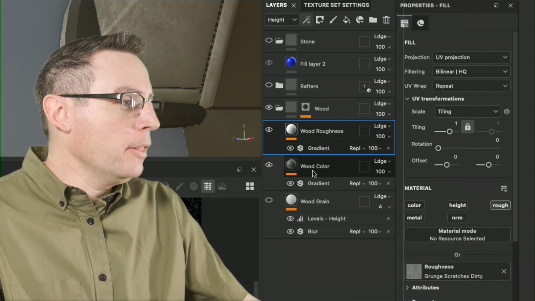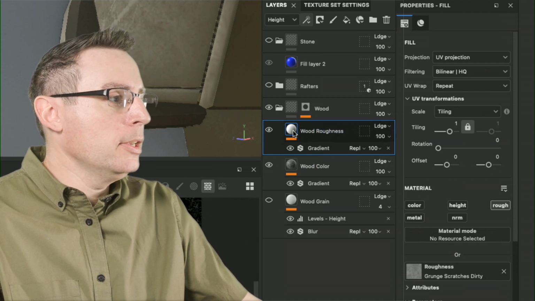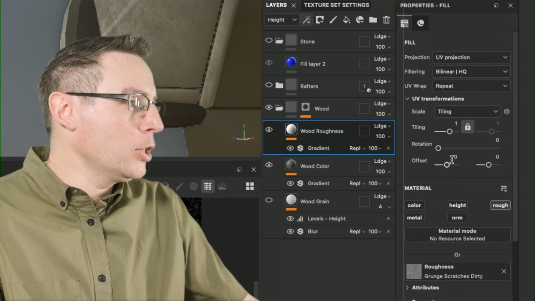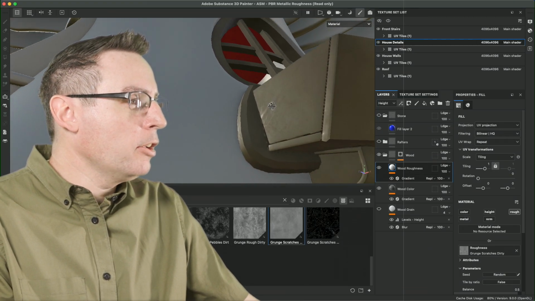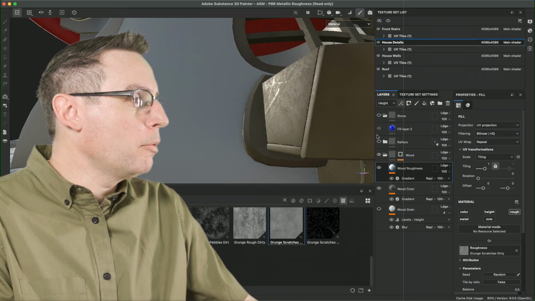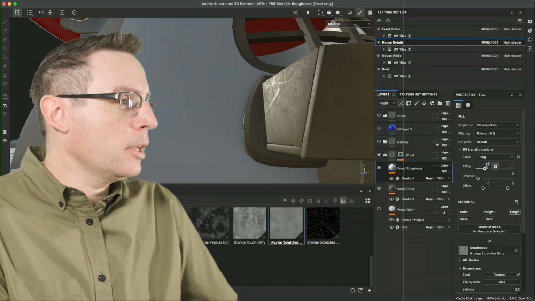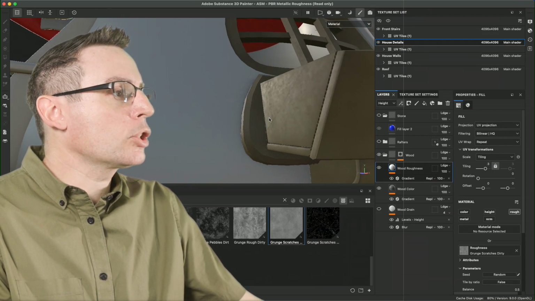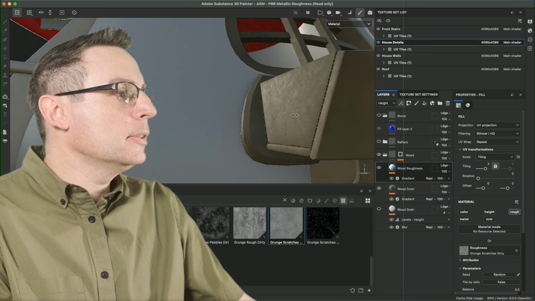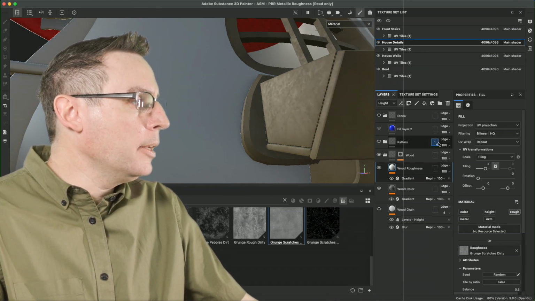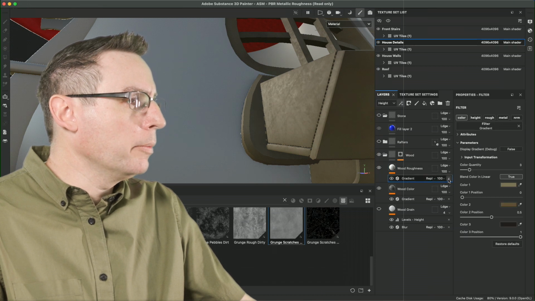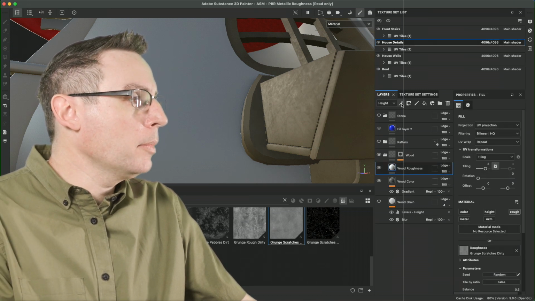So if you think about it, this layer is just sending color information, and this layer is just sending the roughness information. And now I can change the transformations of my layer and create something that works for my vision. Let's make this like 3. Yeah, now they're much smaller. Now, I don't need this gradient anymore. That gradient's actually not doing anything, but I am going to make a levels call